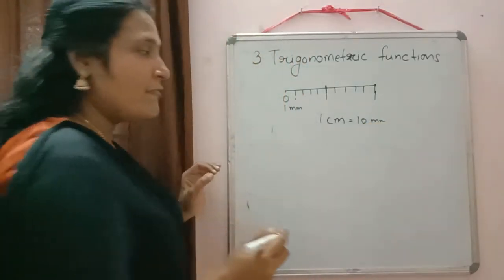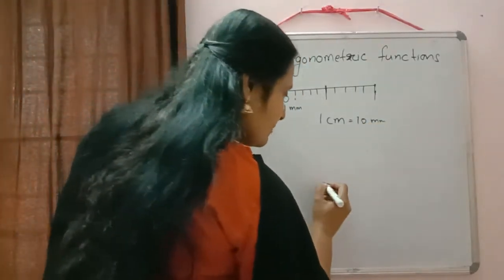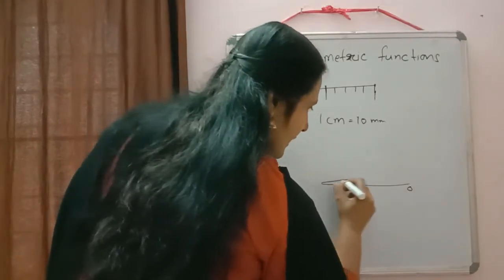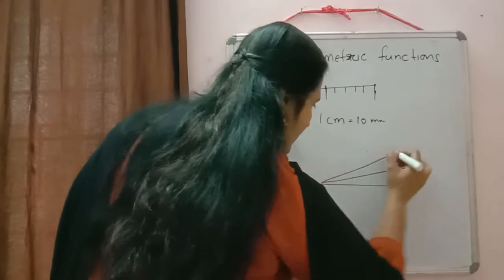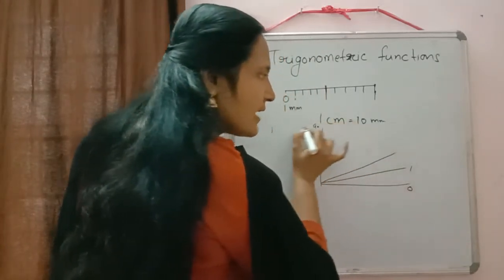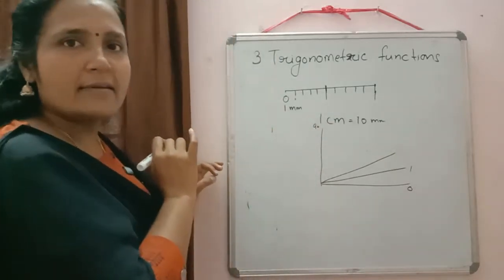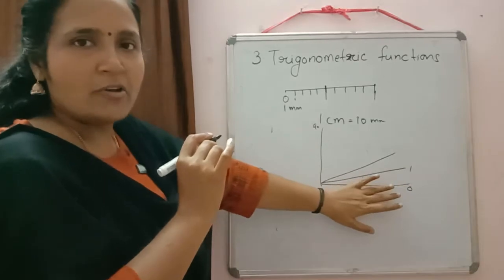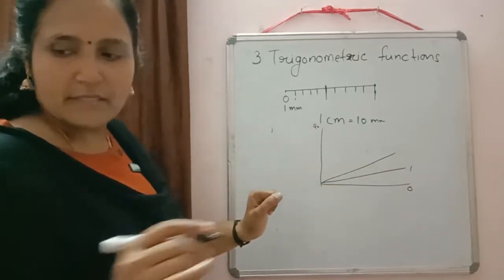In the same way, in our protractor also, we have the angles in this way: 0 degree, then 1 degree, 2 degree. In this way, the middle one is 90 degree. In this way, angles are marked in our protractor also. In the protractor, the parts are not visible.